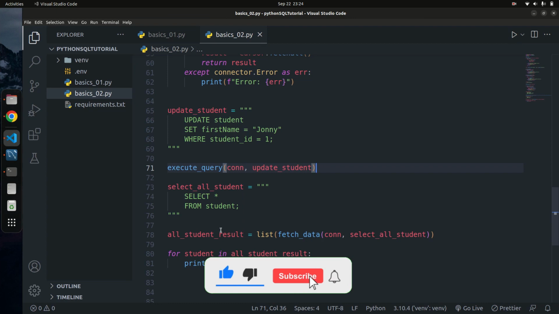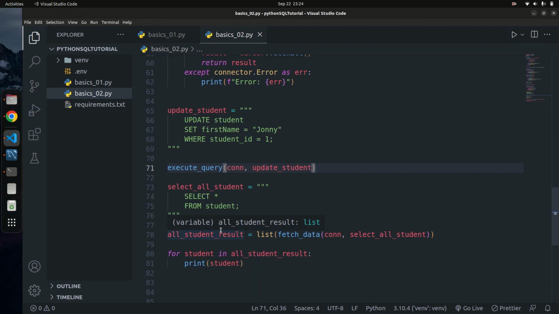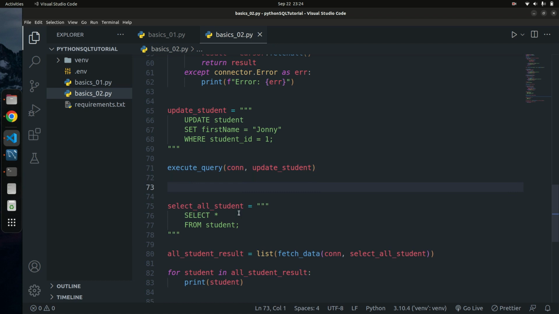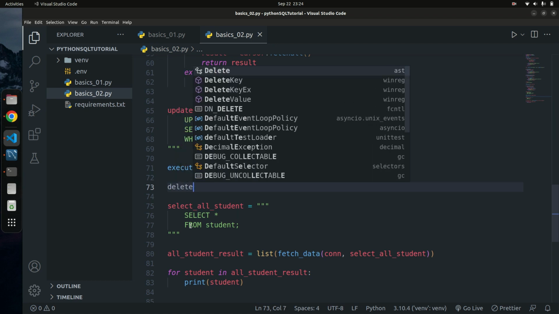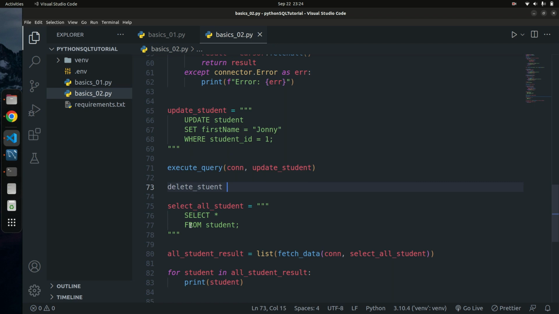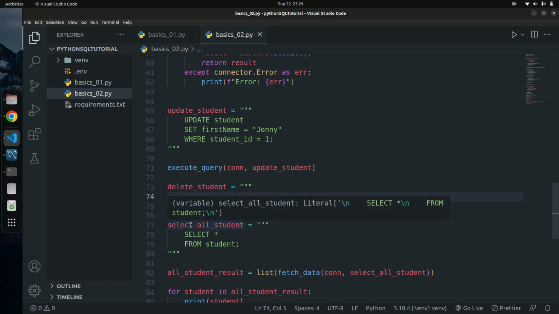So great. Let's also write a delete statement to delete a student from the database. That's actually quite simple. We can write it up here before the select statement. Whenever we delete something and then select all the students, the deleted one shouldn't be present, right? So let's write delete_student, and this is going to be equal to a string literal. It's going to be delete from